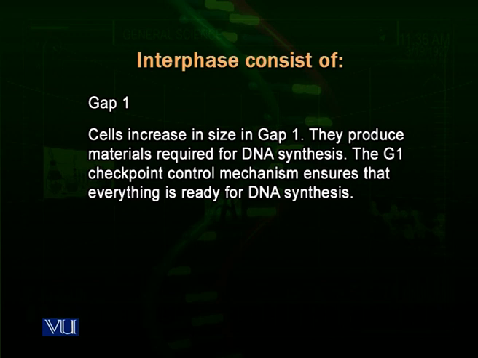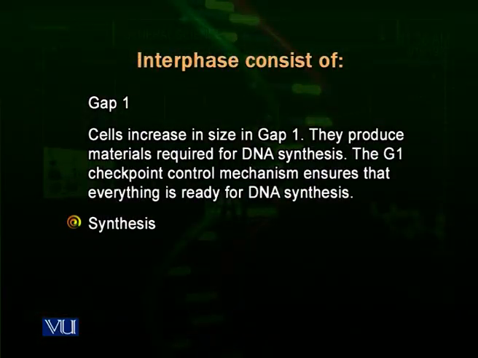There is a G1 checkpoint. There is a control mechanism. This control mechanism, or G1 checkpoint, checks whether all the materials which are required for entering into the S phase, the synthesis phase, are ready or not. If all these materials are ready, then the cell enters into the S phase. If they are not, the cell has to complete making those